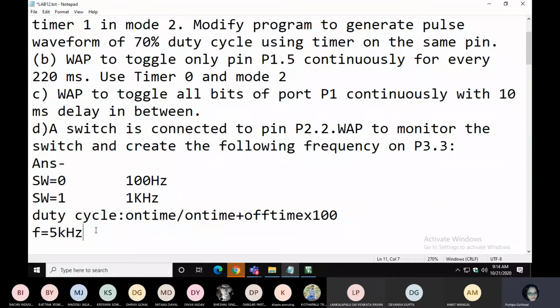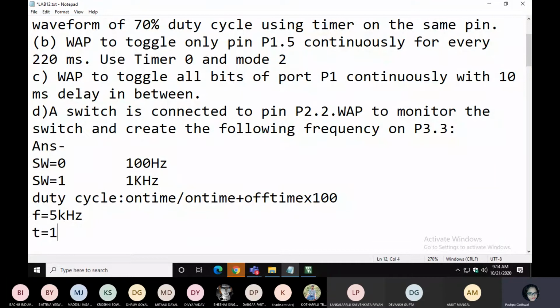Okay, so first we will find the time period. How to find the time period? T equals 1 by f. If I do this, what I'm getting, 1 by 5, and 5 kilohertz, so kilo will come up as 10 to the power -3, because kilo is 10 to the power 3. So 1 by 5 is 0.2, and kilo comes up into 10 to the power -3. 10 to the power -3 is called milli. So how much time period are we getting, 0.2 millisecond. Okay, so this is the time period of one square waveform.